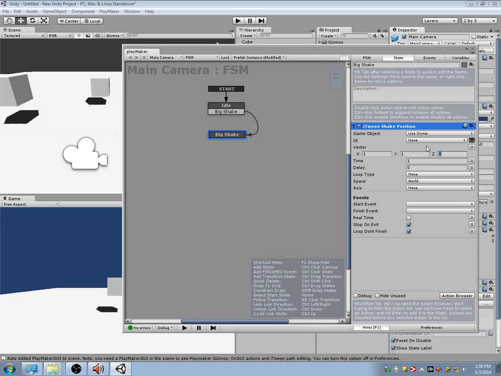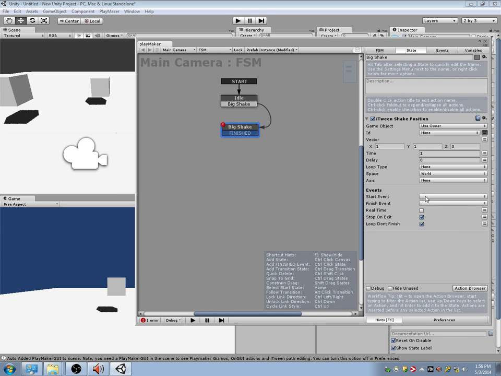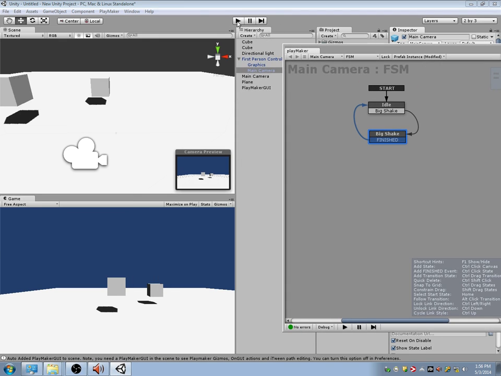In this case, I'm just going to put 1 in for these values. No delay, and over 1 second. It'll take 1 second for this shake to finish. And then when this shake is done, I'm going to fire the finished event, and then I'm going to close that. Cool. So if I play,